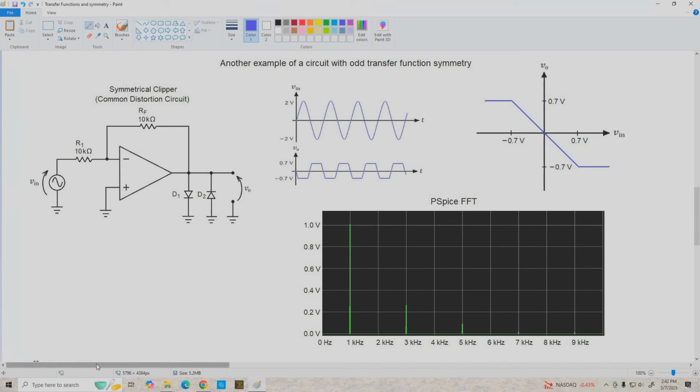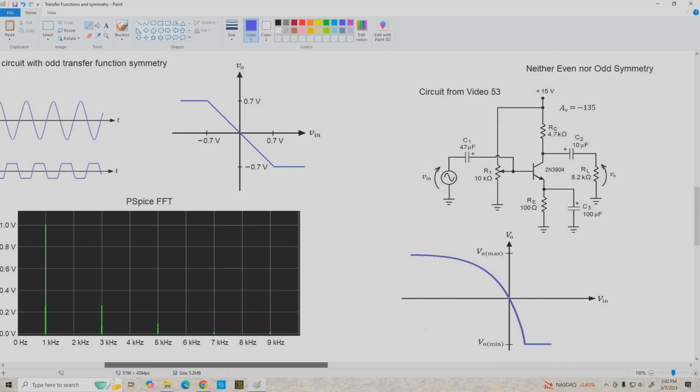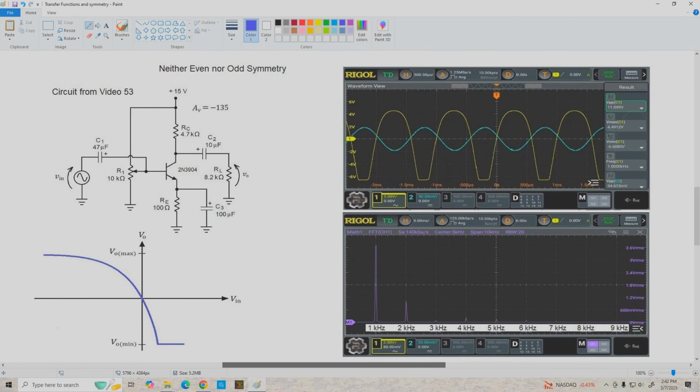expect. Now let's go on over and take a look at a circuit that has a transfer function with neither even nor odd symmetry. This is a fully bypassed Class A common emitter amplifier. We looked at it back in video 53, and it had a gain of about -135. Its transfer function is shown down here. And based on the analysis we did, this -135 gain would be the slope of our transfer function here at